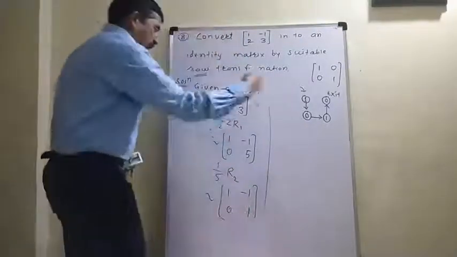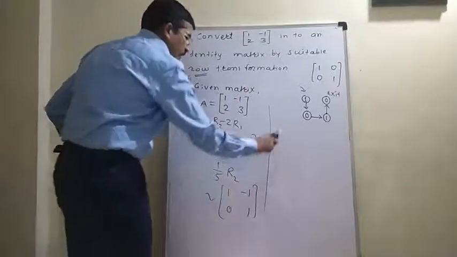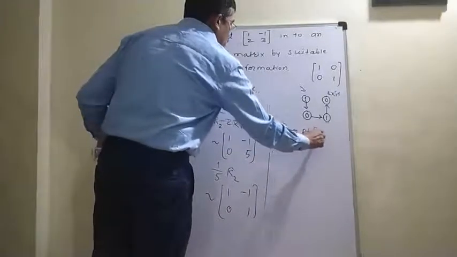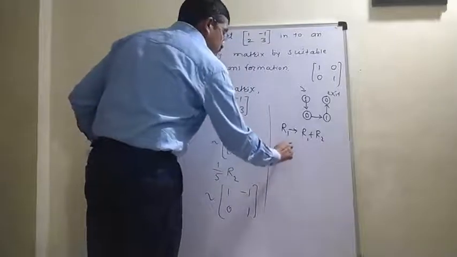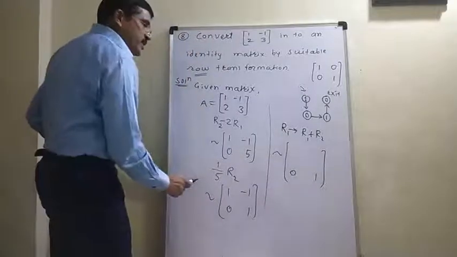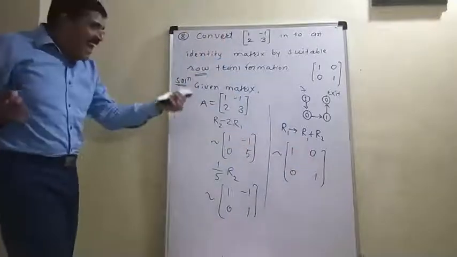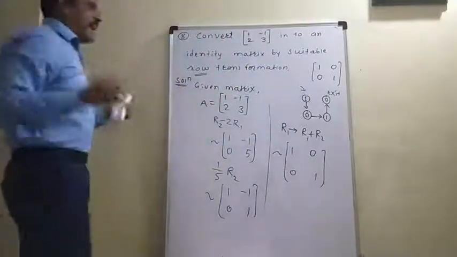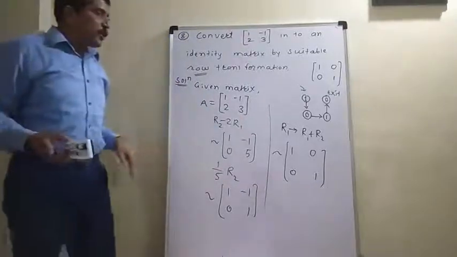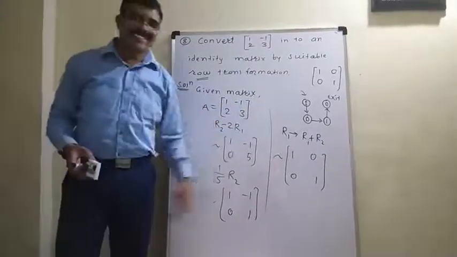To get the answer, lastly we need to bring 0 here. And as it is minus 1 and plus 1, we can add them, so R1 gives R1 plus R2. We are performing this operation. It means the second row is kept the same. R1 plus R2, you are changing R1. 1 plus 0 is 1. Minus 1 plus 1 is 0. So we get the identity matrix like this. So we can say this is my answer. And the steps may differ. It depends on student to student and operation to operation. Got it? But this is the standard, ideal trick.